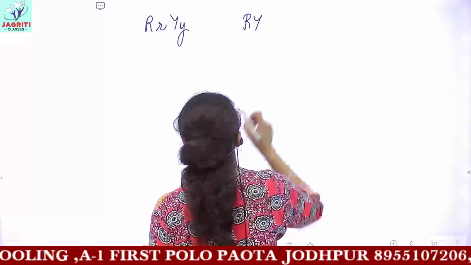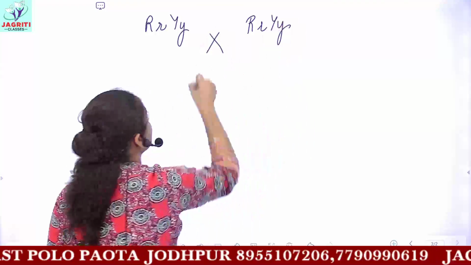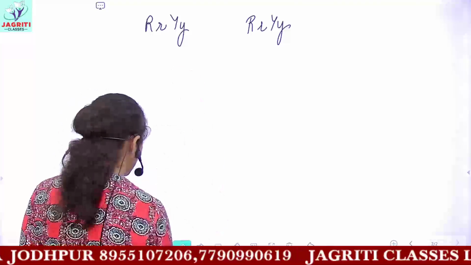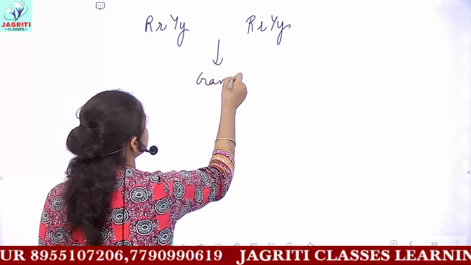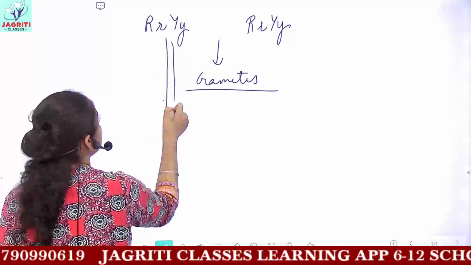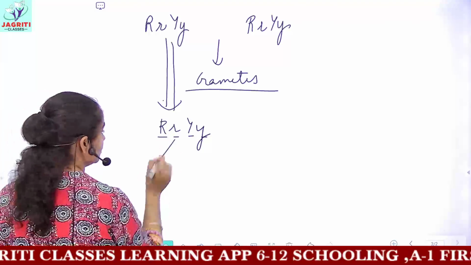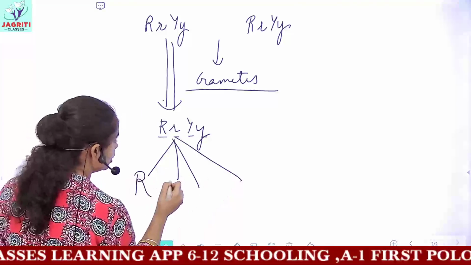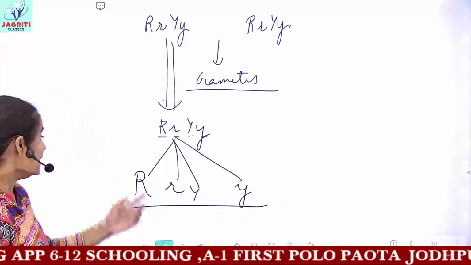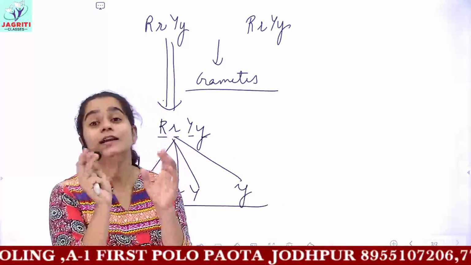And you know we take two F1 offsprings and then we self-cross them. So once you self-cross, what will you get? For crossing them, you have to form the gametes. Now what kind of gametes would you obtain? See, for the formation of gametes from the first parent, all the alleles will get separated. Because you know for the formation of gametes all the alleles get separated. And now all these alleles can independently arrange with any combination.